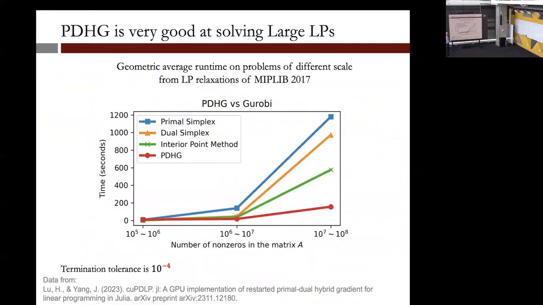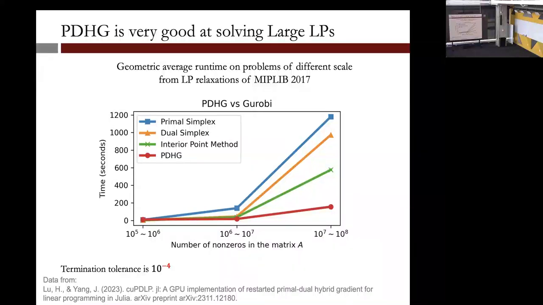Let's see if we can get this. All right, so I say here, PDHG is very good at solving large LPs. Now if you take a look at this, this is, I would say, a convenient plot that I believe has some flaws in it. But this is sort of saying, in a paper by Jinwen Yang and Haihao Liu, they looked at